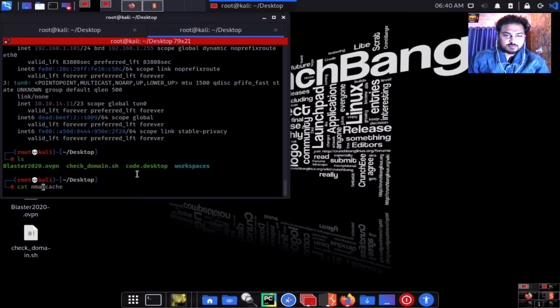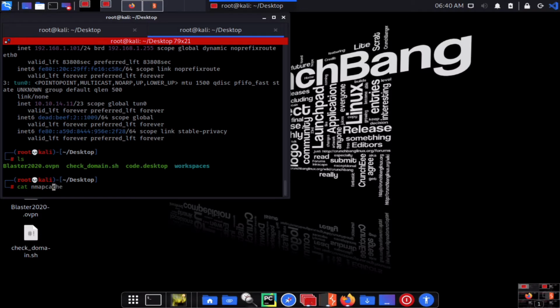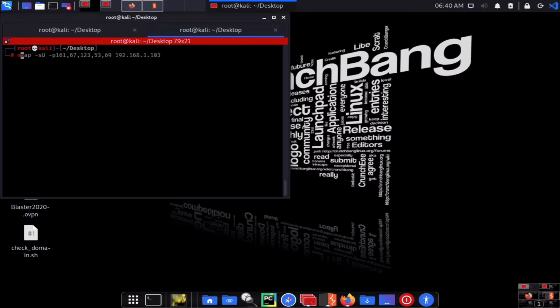Let's begin. First we're starting with Nmap. In my case, I have already done the Nmap scanning, but if you want to scan, you can use nmap -A -p- -T4 and then the IP address of the machine, which is 10.10.10.188. If you do this, you will see some ports are open. In my case, the ports are 80 and 22.